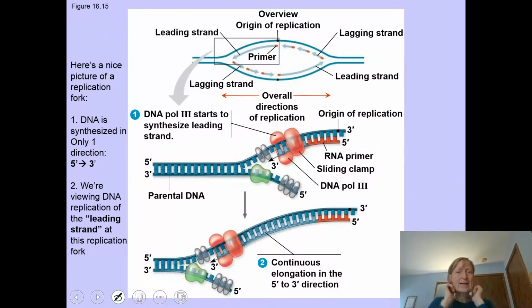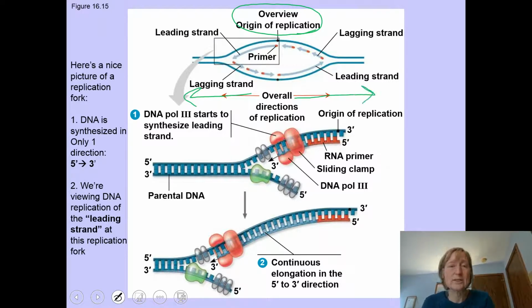Okay, this is kind of a strange picture, but it's a picture of a little part of a replication bubble. So here's our origin of replication up here, and here's our bubble. Overall, we've got DNA being replicated in both directions from that bubble. And we're looking at what we would call the leading strand of DNA replication. So far, that's all we've looked at, this little box here, all right? This little part of